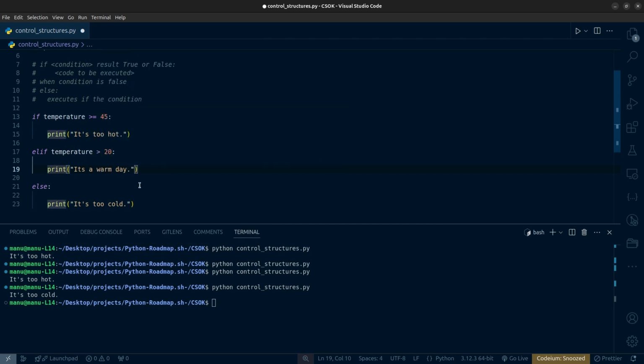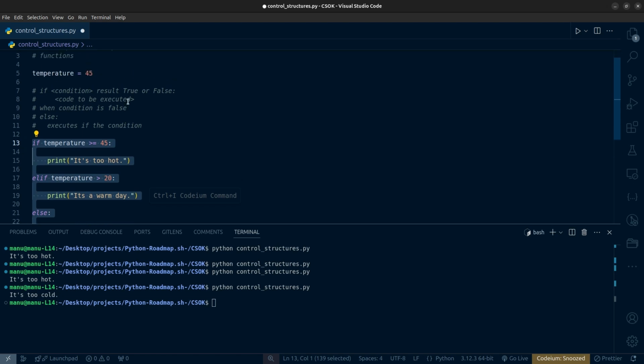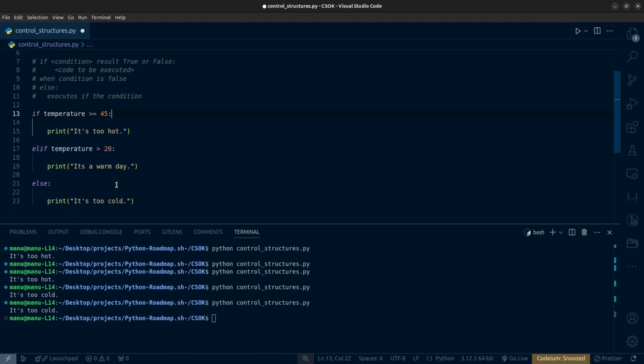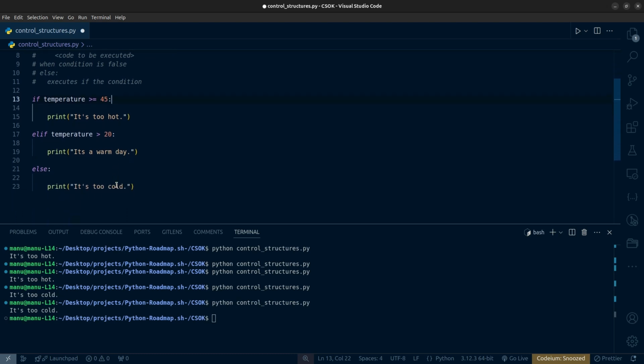Something like that. So basically, the elif block allows you to add multiple logical statements to your Python code. So now if the temperature is 45 degrees and above, it will be scorching hot. You can just try something similar. So temperature, it's too cold. Okay, so